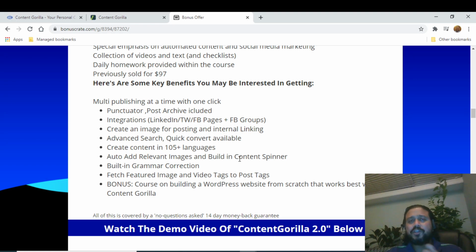So every video, when you do it as a post, is different, and that's the reason your page would also rank separately. It fetches images and video tags for the post, as I've already shown. Automatically it gets the tags.